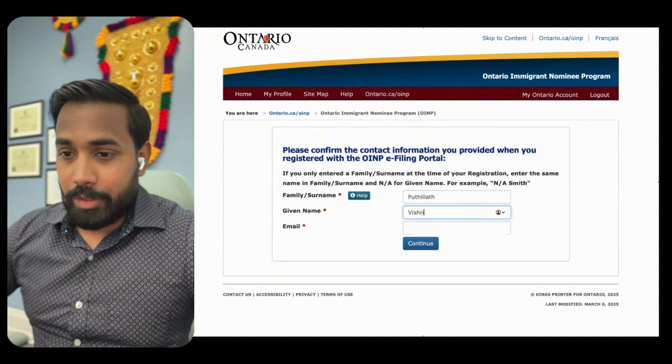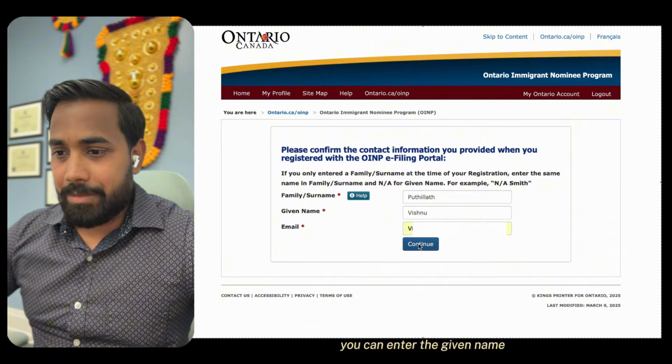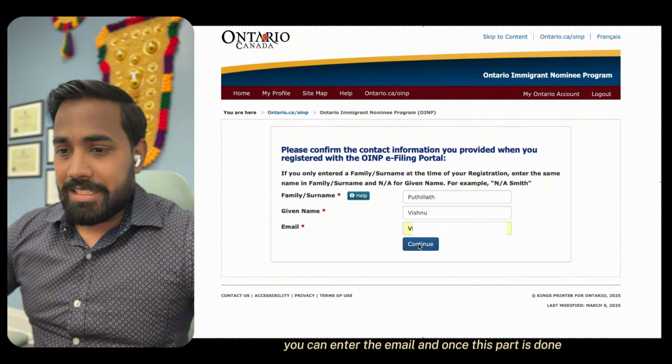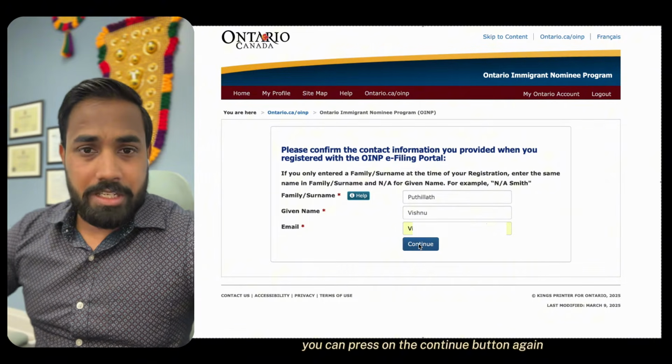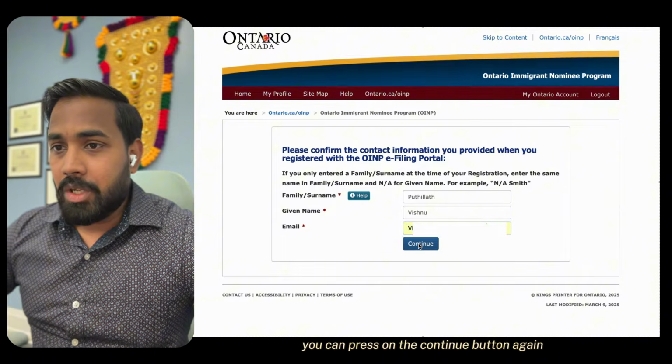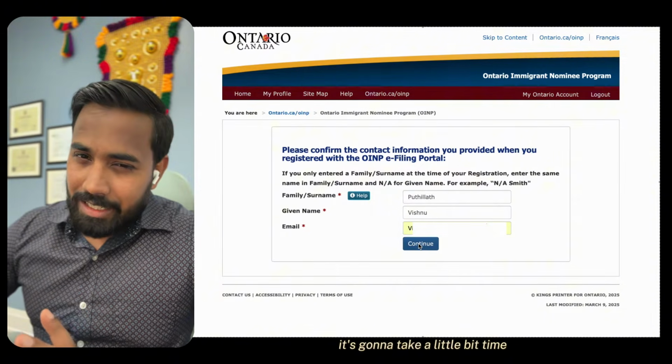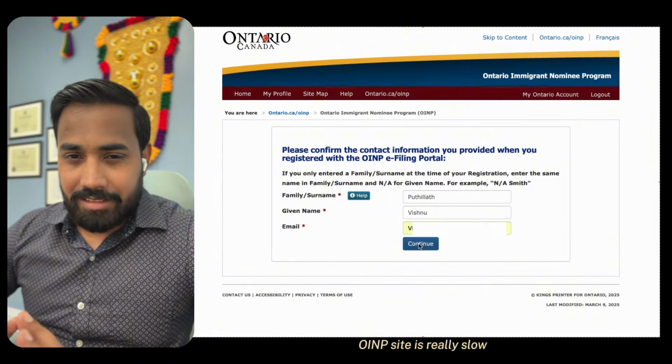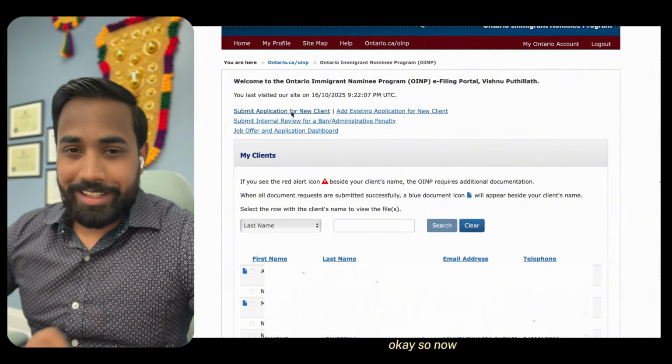So you can enter your family name, you can enter the given name, you can enter the email, and once this part is done, you can press the continue button. Again, it's going to take a little bit of time. OINP site is really slow. Okay, so now